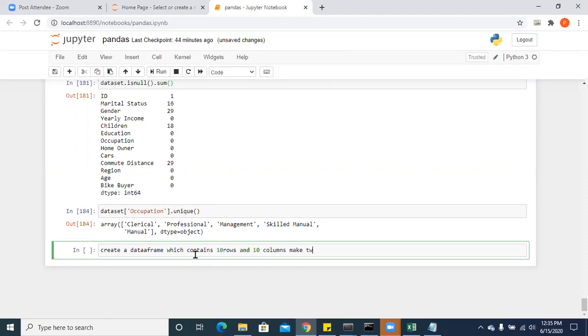Make 2 columns out of the 10 columns as textual data and the remaining as numerical data.